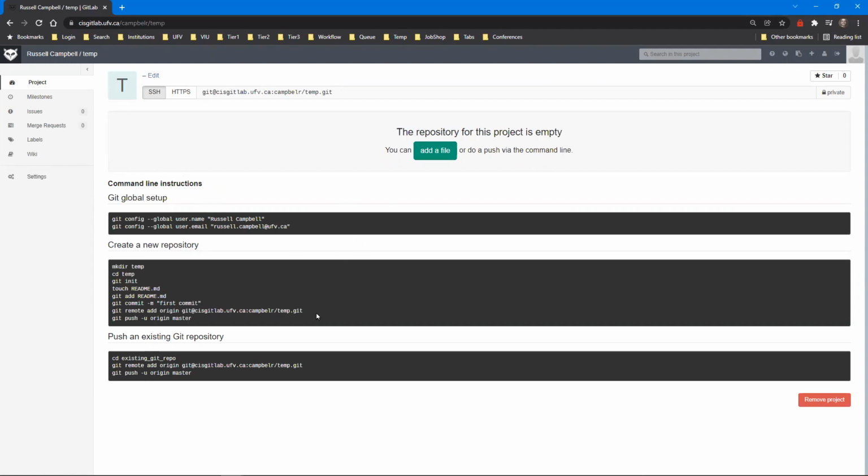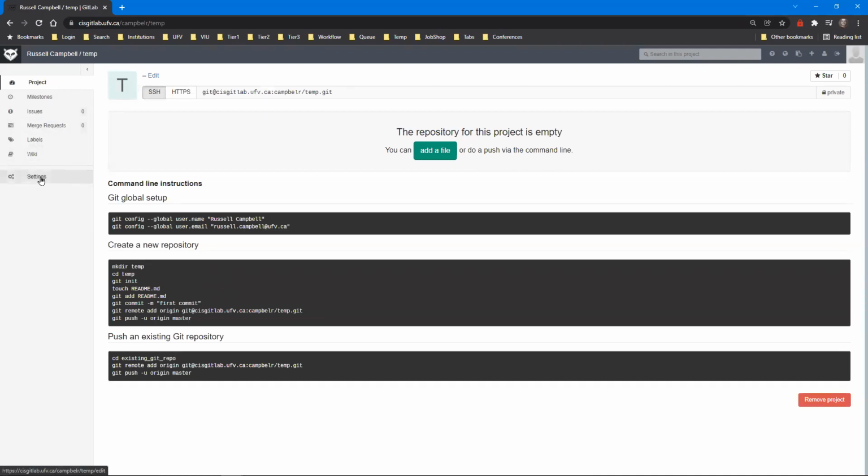When you're done, you do your add, your commit. So on your local copy, you have your own files, and then you do a push command to then contribute those files into the remote project on GitLab. You want your other members of your group to be able to do this as well. So